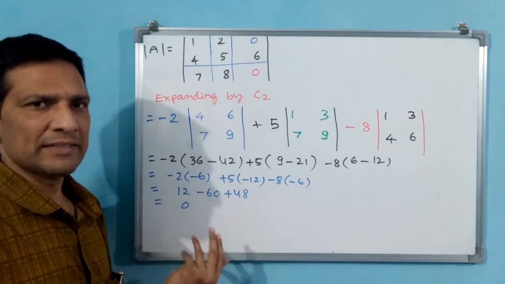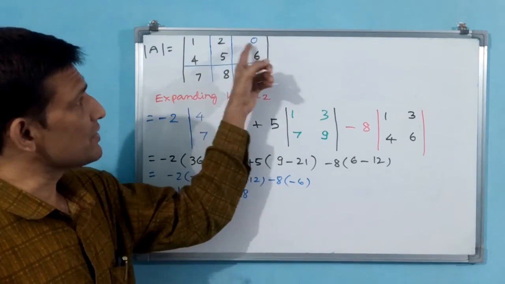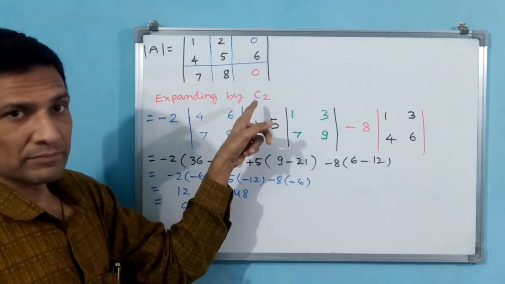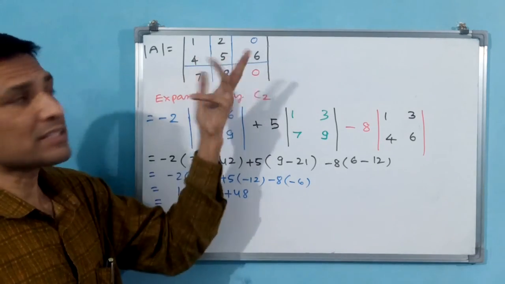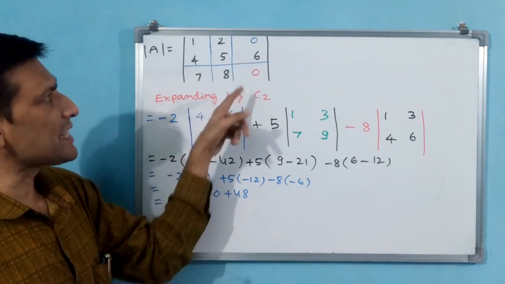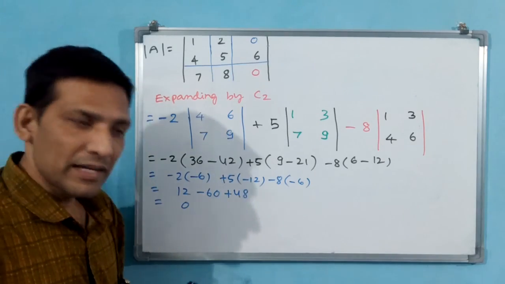If any 0 is not there means anything you can take. R1 or R2 or R3. C1 or C2 or C3. If 1 0 is there means you prefer that 0 row or column. If 2 zeros are there means, here R1 you should not take. Why? Because you have to make 2 times calculation. Rather than that, if you take C3, then only one calculation. That's all. Like this you have to do.